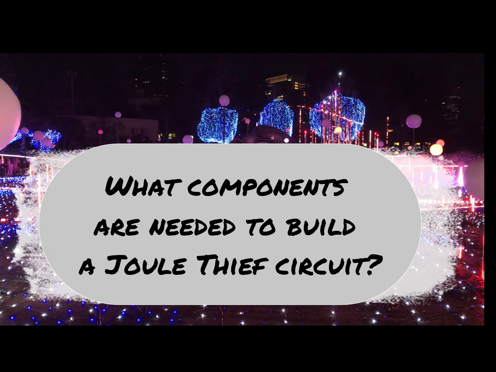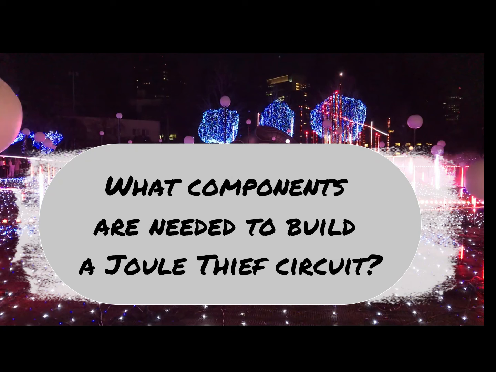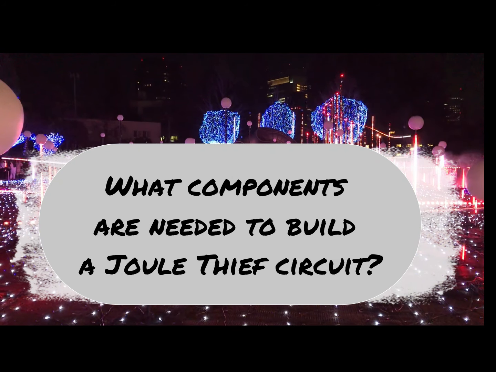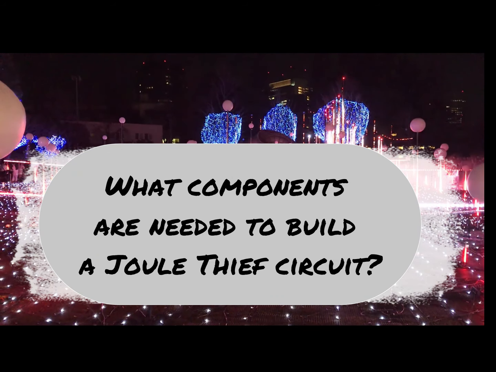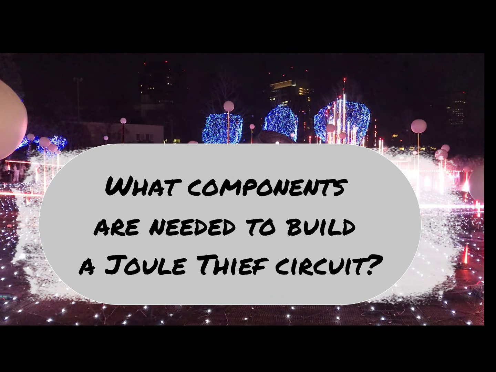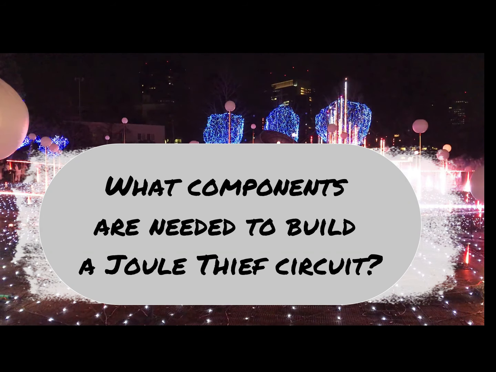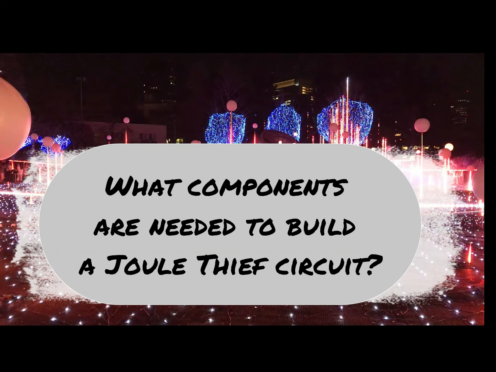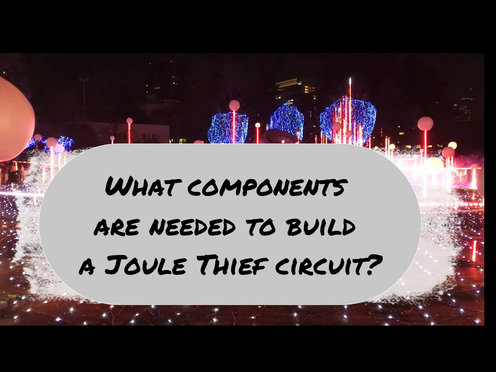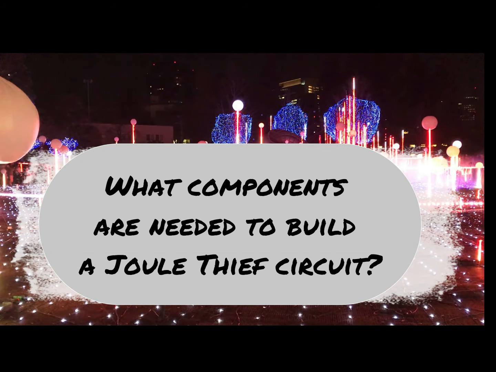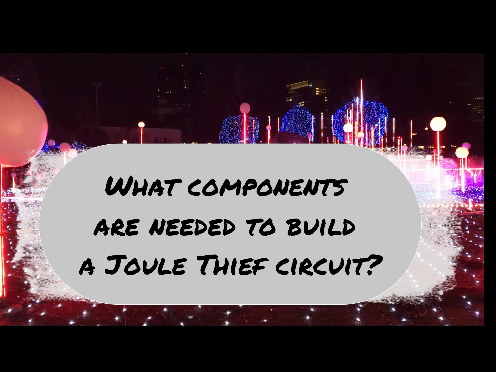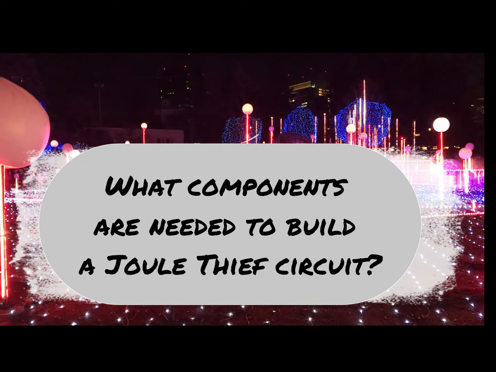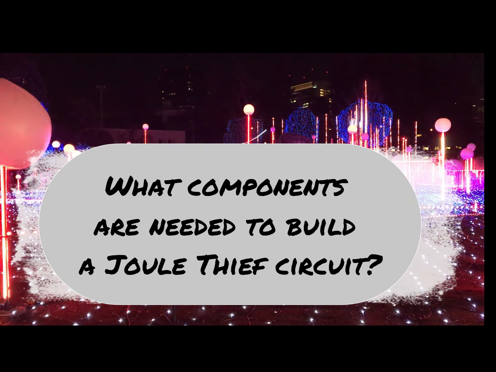In the Joule Thief circuit, it helps to smooth out the output voltage by filtering out the high-frequency AC waveform produced by the circuit. A diode. This is a semiconductor device that allows current to flow in only one direction. In the Joule Thief circuit, it's used to prevent the output voltage from flowing back into the input source, which would cause the circuit to malfunction. A power source. This is typically a battery or a DC power supply that provides the input voltage to the